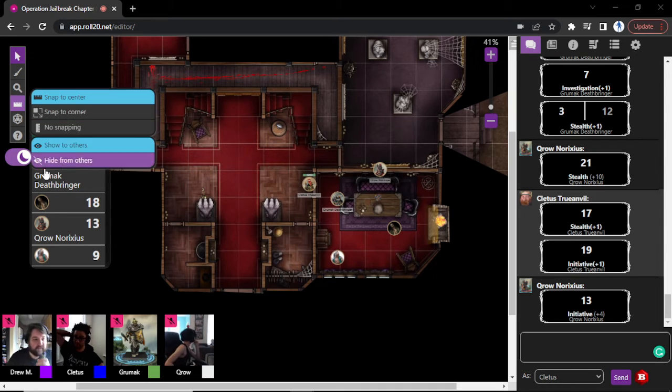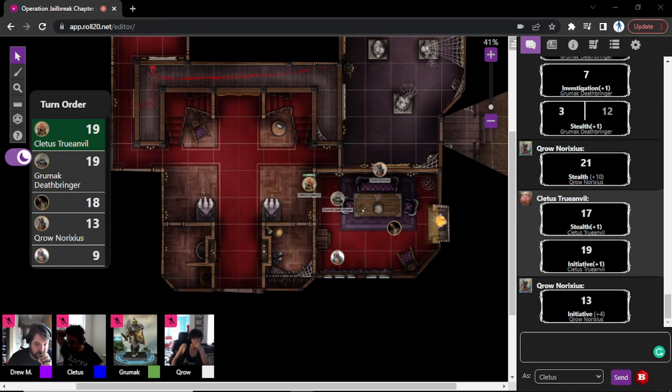I'm gonna hold my turn till after Grumok goes. Okay, so basically, what are you holding? I was hoping I could hold my entire turn, and then hold initiative, so you step behind him in initiative order completely. Yes. Yeah. Okay, yep, perfect, easy enough. A ticket booth area. All right, so